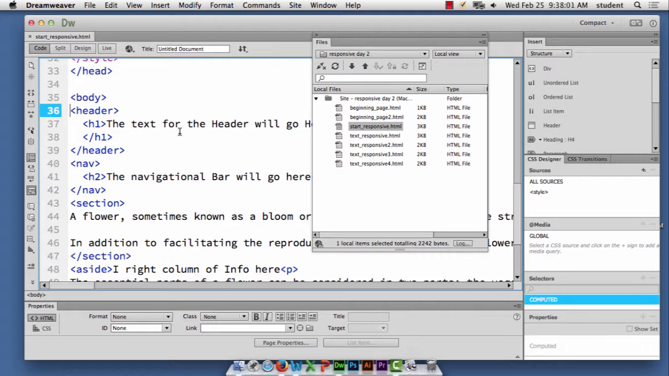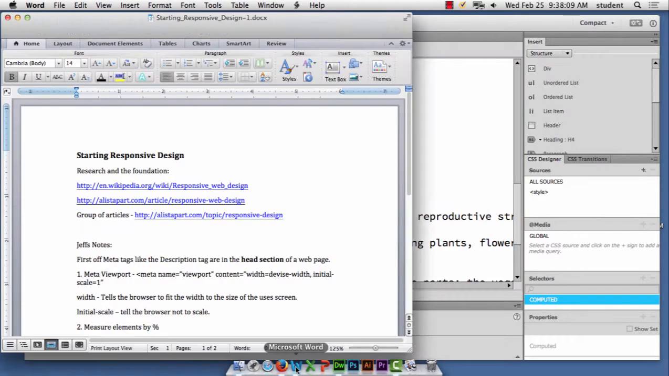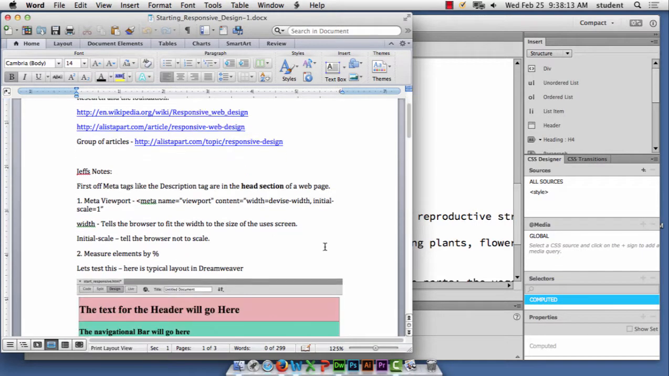Again, we're going to start talking about, again, using percentages, using M spaces, and things like that. Let's get to the reading that I posted here. The first code that we're going to look at here is something called a viewport. And the viewport goes in the head section of a web page. And what it's used for